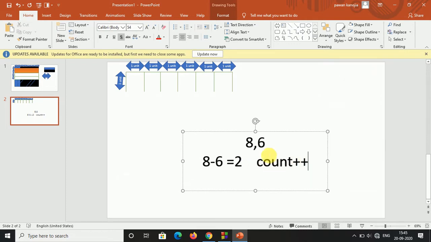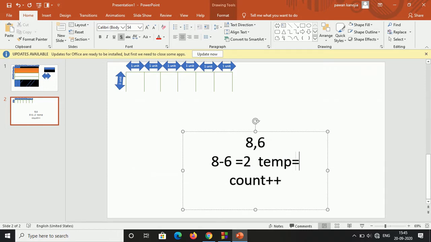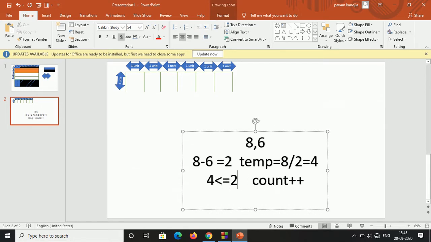But you have to check one more thing also. Now one if condition is there, that take a variable temp over here, and 8 divided by 2 will be 4. Now check whether 4 is less than or equal to 2 or not.